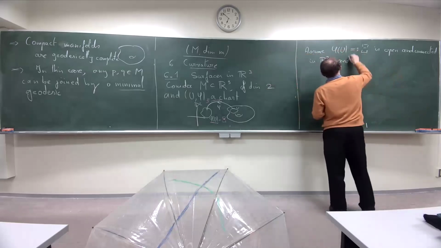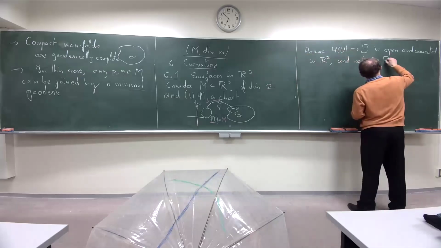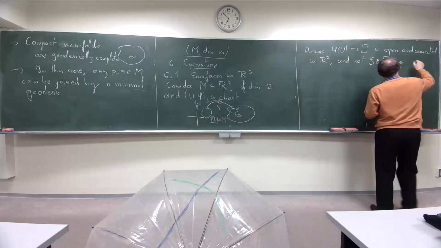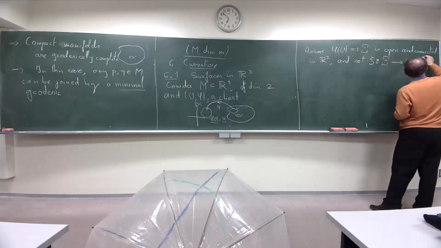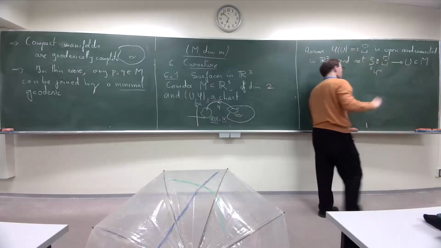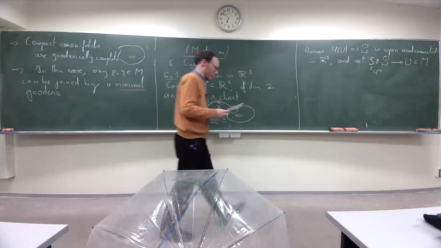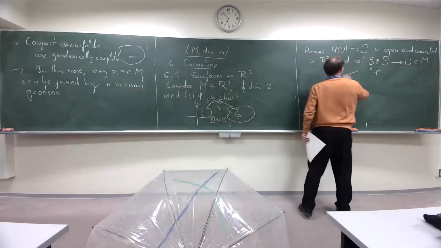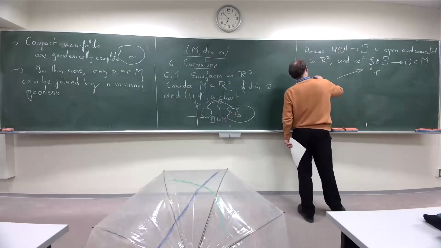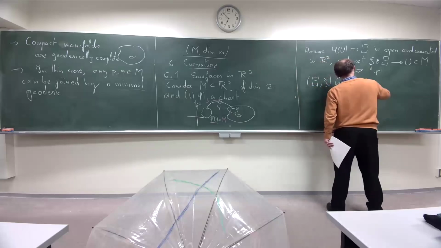And I set this Xi from this domain to U, which is inside the manifold, and this Xi is phi minus 1. I just change the notation because I don't want to keep phi minus 1. And it turns out that this pair is a parametrization